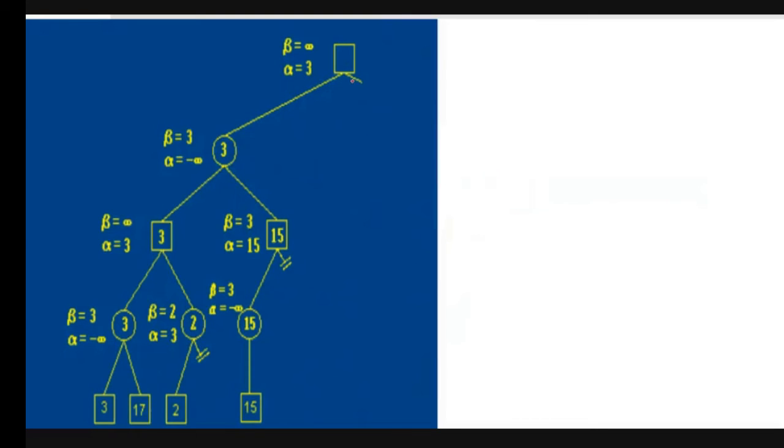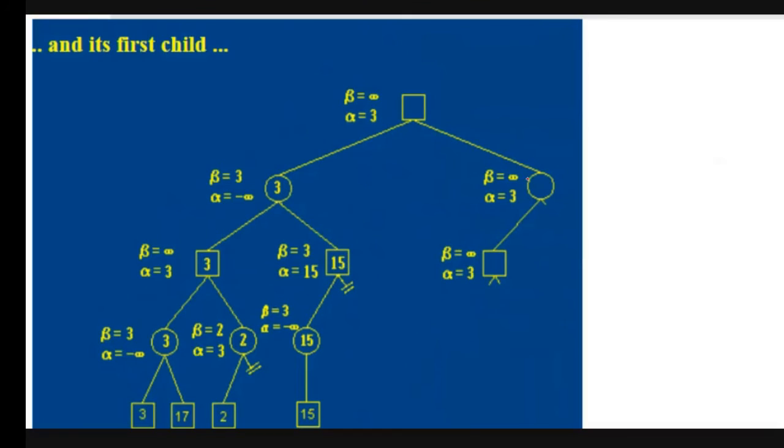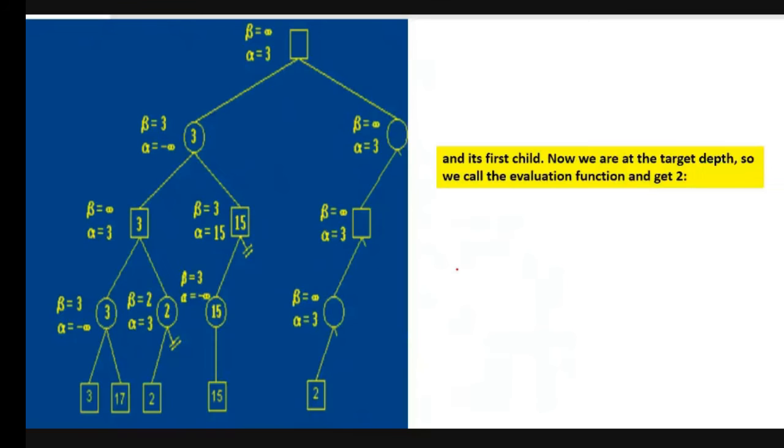Okay. Now to do the further procedure to find the value of this node, we want all these values, so we have to percolate these values to the second child of this. So what happens here? They have been dragged into this. Beta is there as infinity. Alpha is equal to 3. Again, we'll go for the first child of this. Here we are going to drag it further and further below.